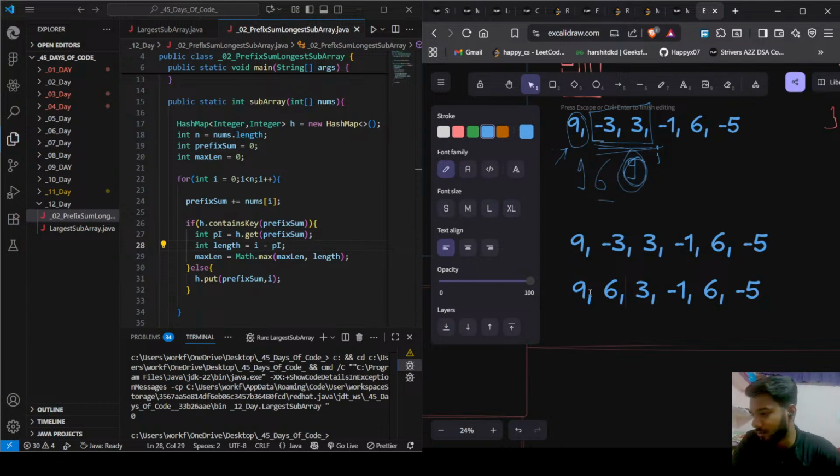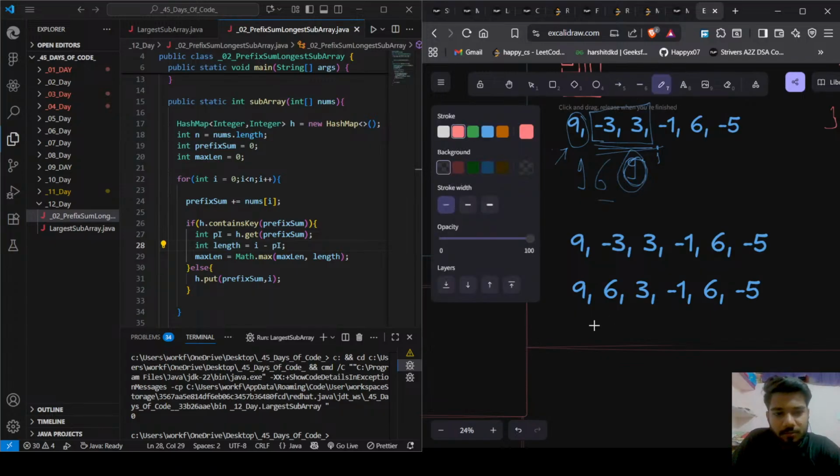Imagine this is the hash map. We are storing these prefix sums in the zeroth, like, indexes. This is the zero key. This is first key, like index number one. It is index number two. It is index number three. It is index number four. It is index number five. Okay, this is hash map. And below we have written all the indexes in the hash map, and at the index 0 we have stored